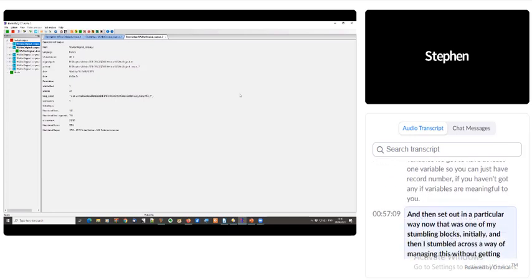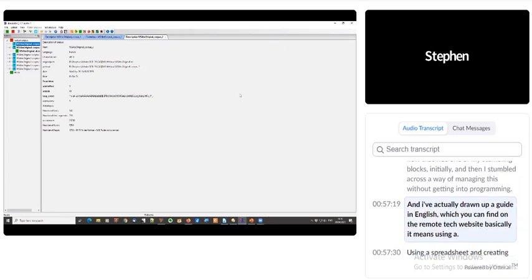And then set out in a particular way. Now, that was one of my stumbling blocks initially, and then I stumbled across a way of managing this without getting into programming. And I've actually drawn up a guide in English, which you can find on the Iremotec website. Basically, it means using a